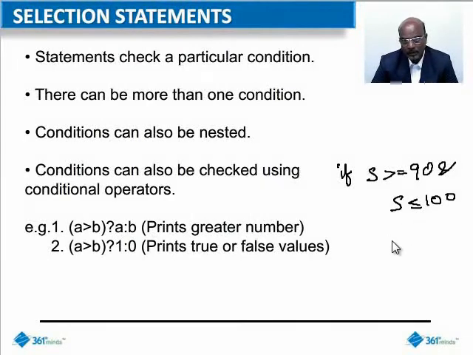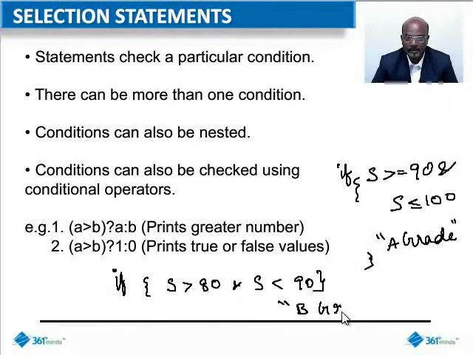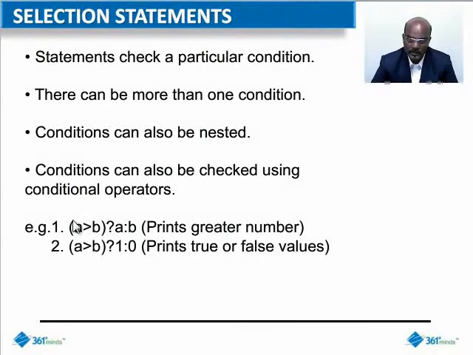In the else part, since the value is only from 90 to 100, I'll take him once again to another if. I'll not put an else there, but instead I'll put another if, and I'll say if the student has scored more than 80 and less than or equal to 90, then he has scored a B grade, and so on and so forth. So in every else part, I'll be inserting an if instead of the else part. This is called a nested if. So these are nested selection statements.